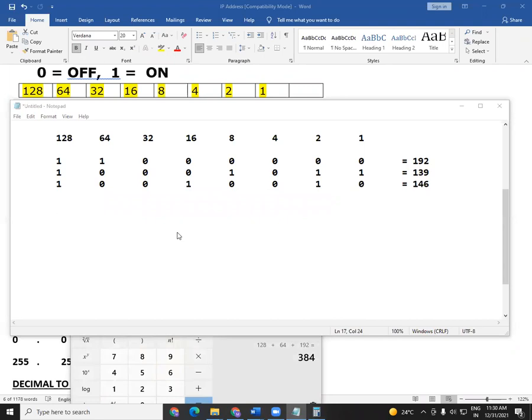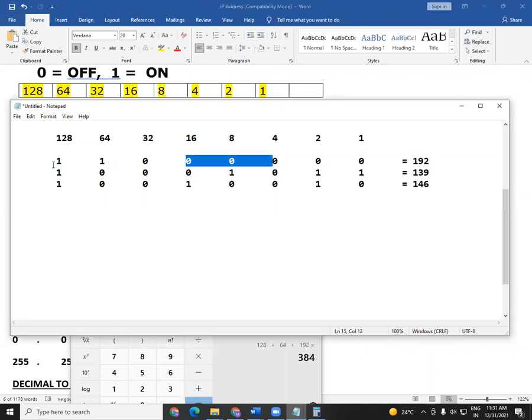Is it difficult to calculate, or is it difficult to learn the binary to decimal conversion? Of course not, it's very easy, right? Just take any binary numbers, and you can convert them into decimal numbers. The bit values will remain the same. This is your first bit, it is 1, this is 2, this is 4, this is 8, this is 16, this is 32, this is 64, this is 128. These are the bit values. Now the next thing we need to see is whether the bit is on or off. Wherever the bit is on, calculate that bit value and add it, and wherever the bit value is 0, just ignore. So like this, you will get your decimal value.